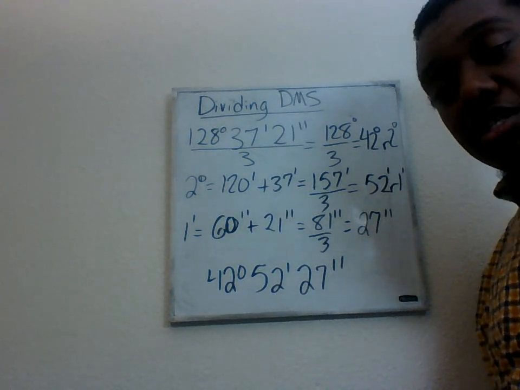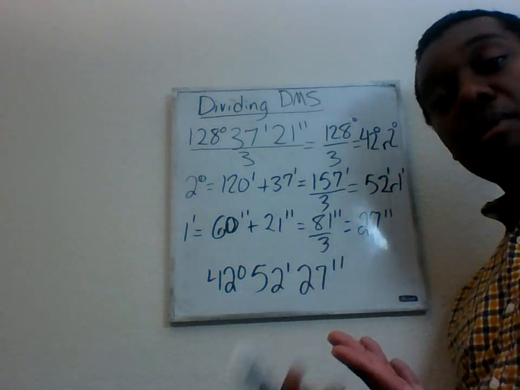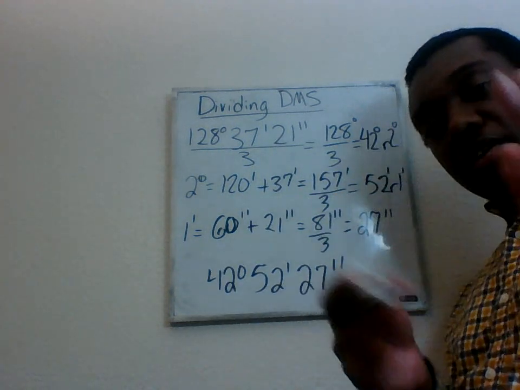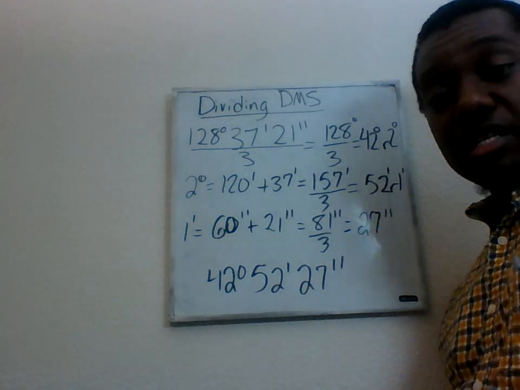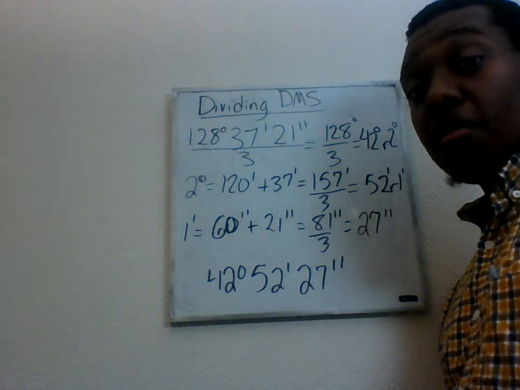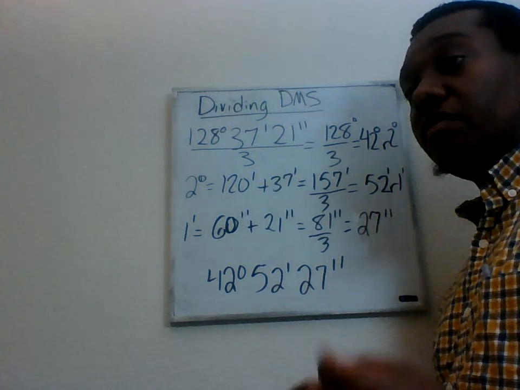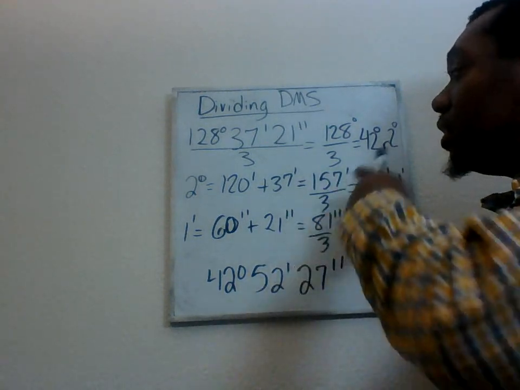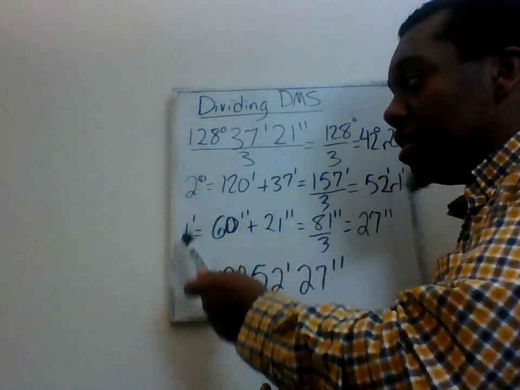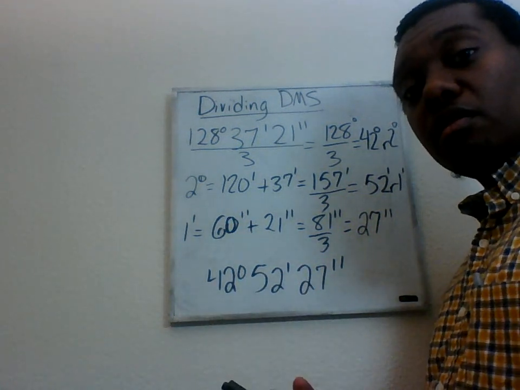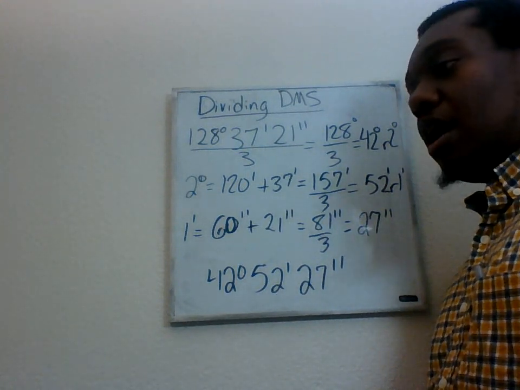Now, just to tell you some other examples, sometimes people will change everything to seconds and then divide it by whatever the number is and then convert everything back. That is fine, but in doing so, you're using a lot of time. It's not a wrong method. It's correct. And you're still converting only twice. Notice how these numbers are going to be smaller to work with, though, generally speaking. So this is why it might be